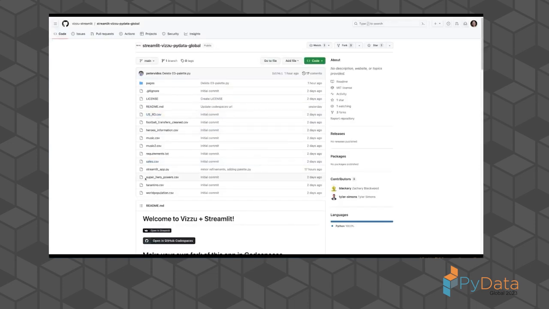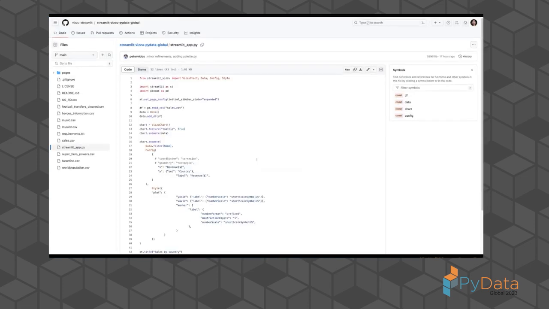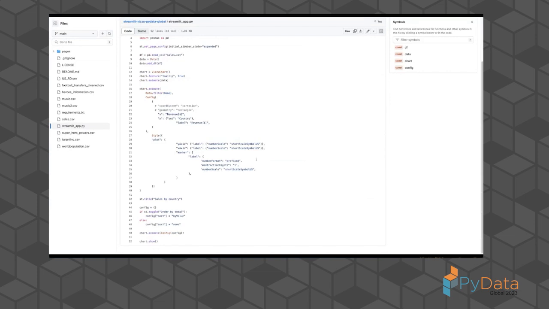And I wanted to show you. Let me give you an example specifically of one way this can be used. So this is the main page that you'll see if you go to PyData-global.streamlit.app. This is the code behind that, and essentially this is just the code that you would get from the